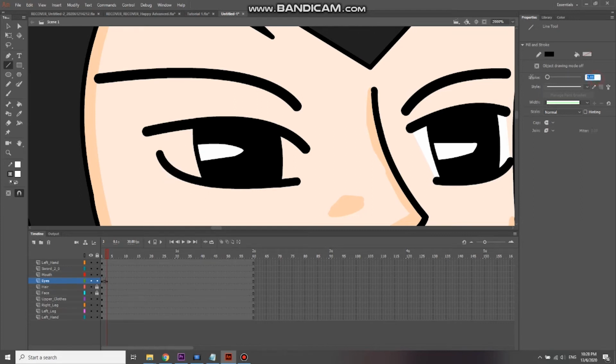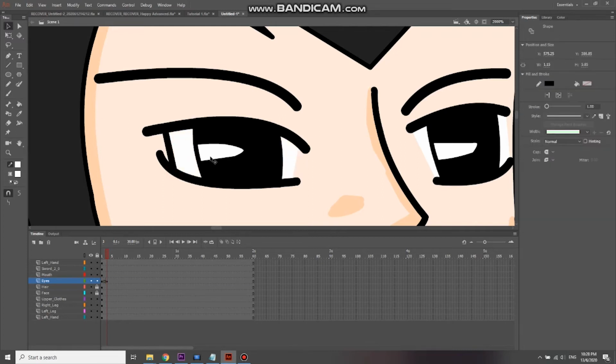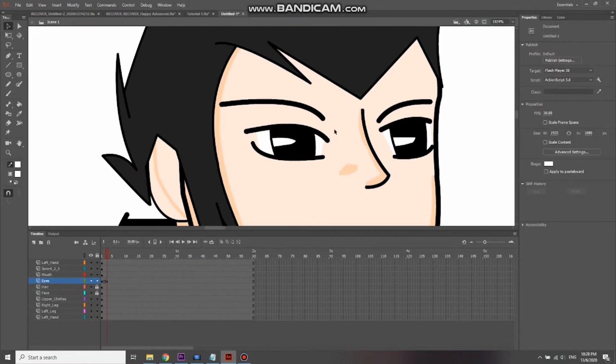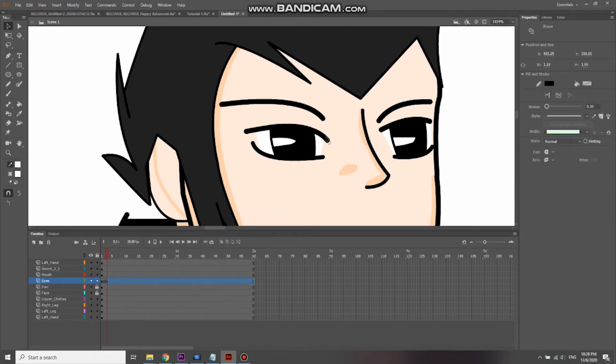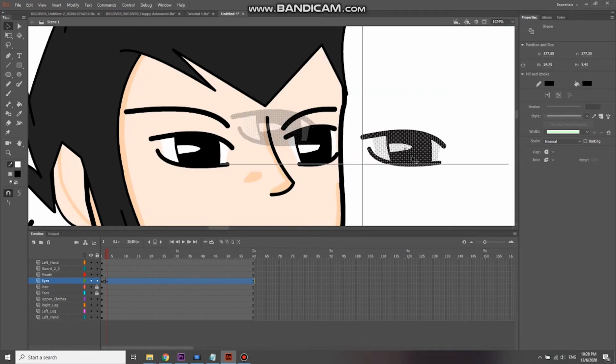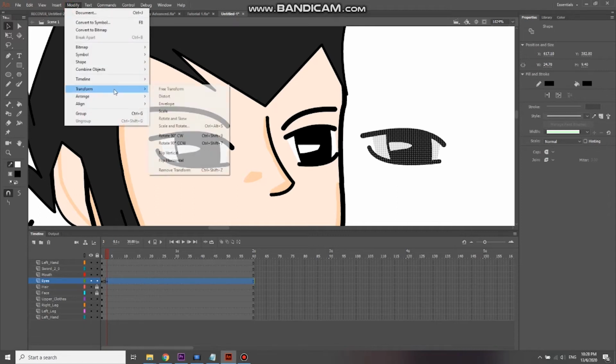I'm going to have one line. The magnet is connected. The lines are connected. And I'm going to fill it with white fill color, and delete this. If in case you are lazy and don't want to make the same changes here, you can just copy this, Control C, Control V, and if you want to mirror this, you can go to Modify, Transform,